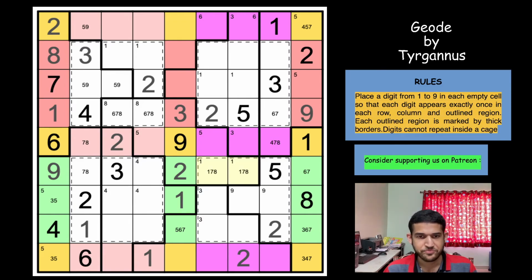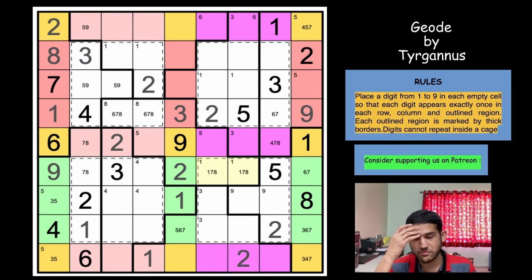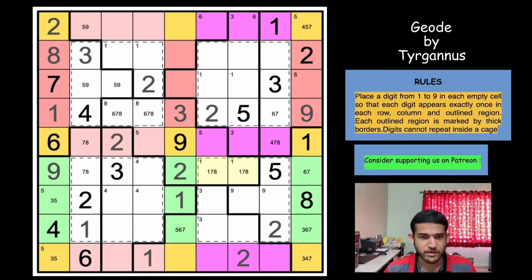The reason is, using the in-out rule again, row 5 column 2, column 3 and column 9 are going outside, and row 6 column 5, 6 and 7 are coming inside, so they must be equal, and I've just made the pencil marks based on that. So that means we have a triplet of 1, 7, 8 in that row, which means this is not a 6, row 8 column 9 is not a 6, 3, 7,